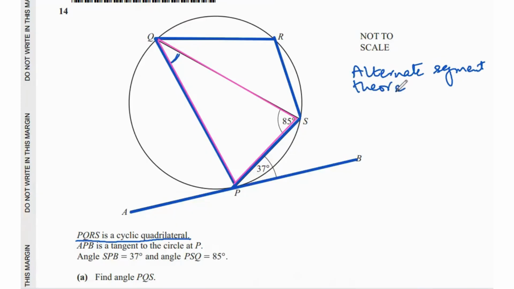In the alternate segment theorem, if the triangle inscribed inside the circle has all three vertices touching the circumference, that means whatever angle is over here, the same angle goes over here. So this is 37 and this is 85. So which means this would be 180. So QPS would be 180 minus 85 minus 37, which equals